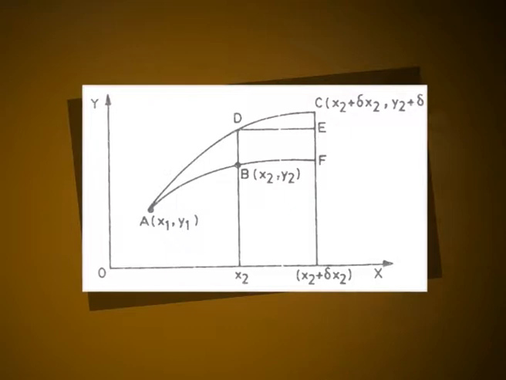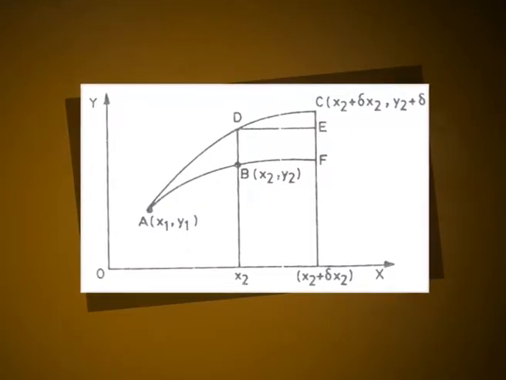The expression then becomes f_y' into delta y at x equal to x2, since delta y at x1 is equal to 0. Note that delta y at x2 is not equal to delta y2, since delta y2 is the increment of y2 when the boundary point is displaced to (x2 plus delta x2, y2 plus delta y2). But delta y at x2 is the increment of the coordinate at the point x2 when passing from the extremal joining (x1, y1) and (x2, y2) to the one joining (x1, y1) and (x2 plus delta x2, y2 plus delta y2), as shown in figure 2.